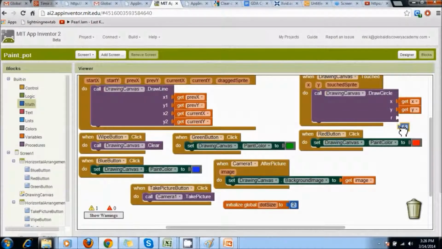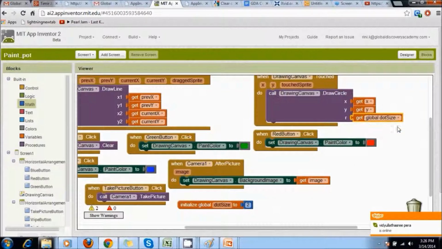We remove this component, we don't want this anymore, and we're just going to duplicate this thing, so that when it comes here we can click on this and get the value of global dot size. There you go, you should be able to see a global dot size block that was provided. So similarly we have now set the value as global dot size and not 5.